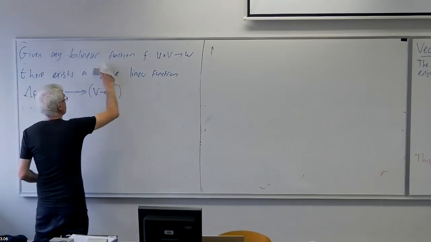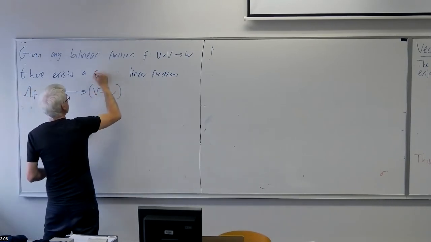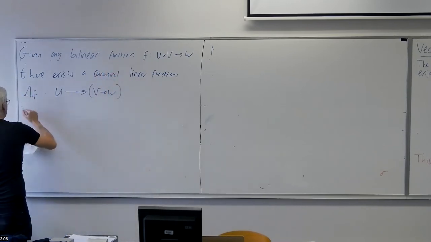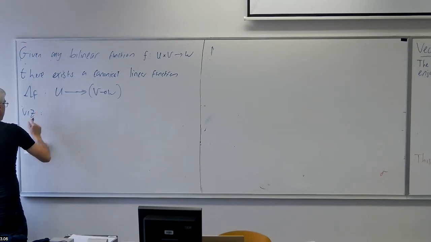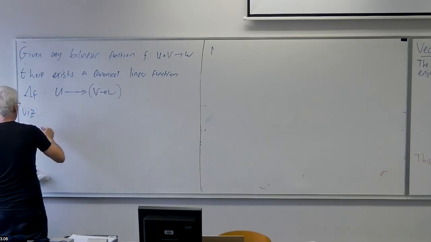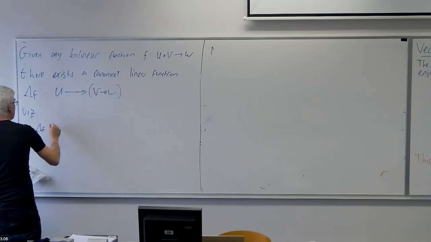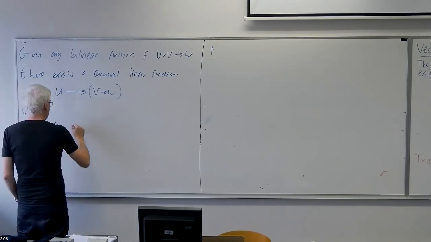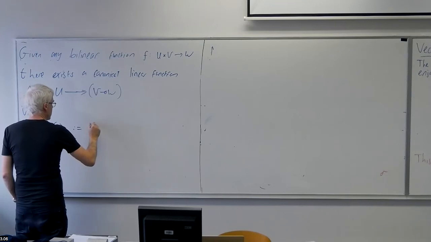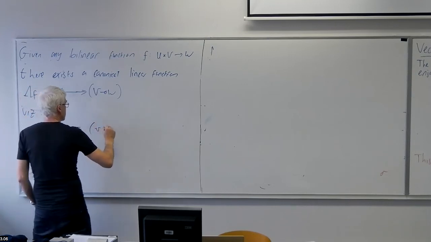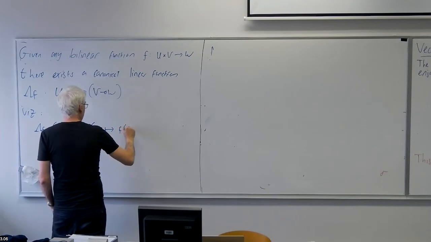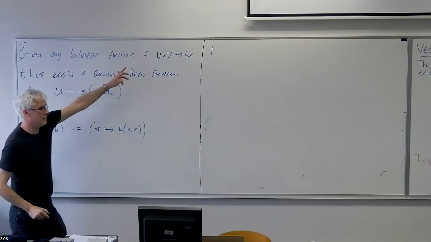Well, actually, I'm going to say there exists a canonical linear function, namely, a function lambda f applied to a vector from U is simply the function that takes a vector from V and maps it to f u v. Okay, we're given a bilinear function,